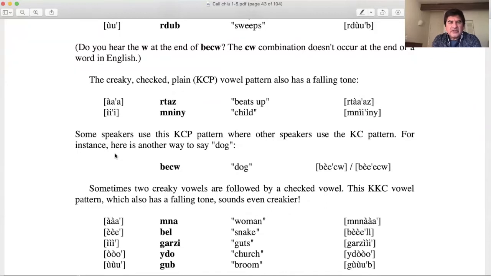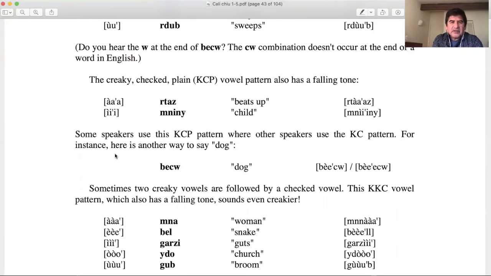So one more time, I know this cluster of different vowel sounds is really hard to hear, but believe me, everything is there when we pronounce it. So one more time, tas, tas. Okay, and the next one, which is a child, mni'in,